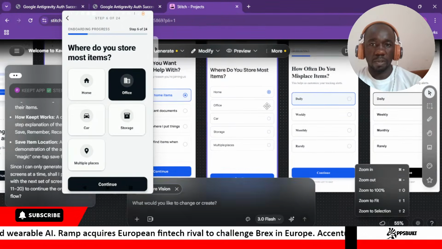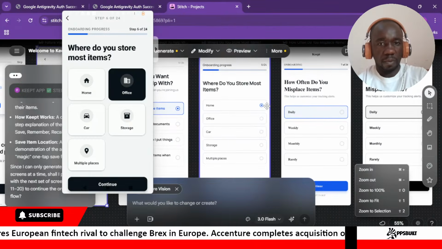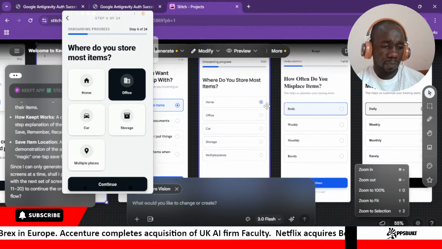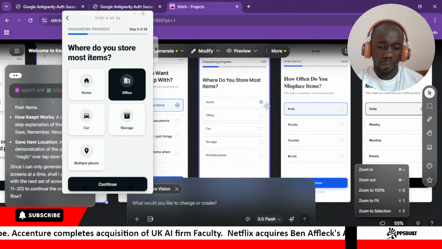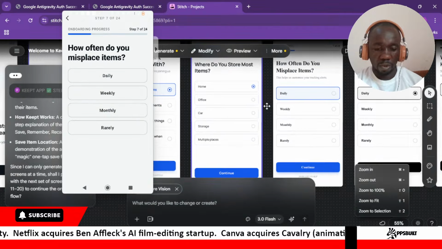When you look at our screen here, it is very different from what we have as the UI screen. I'm going to refine this screen, but before we refine it, let's go to